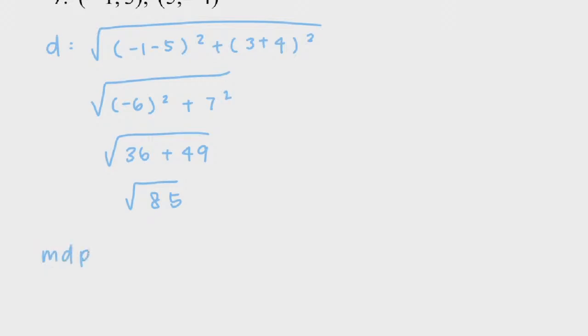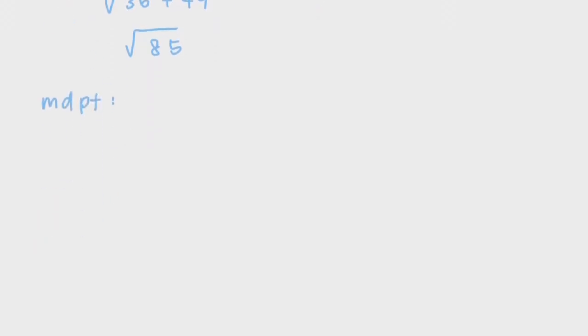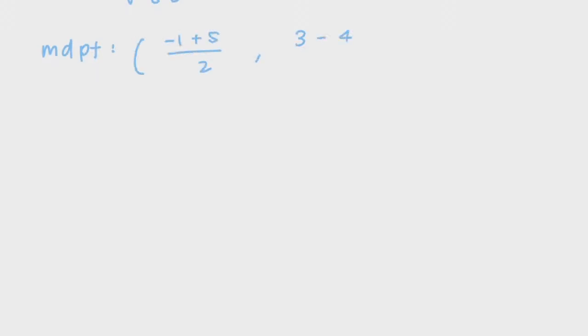Then for the midpoint, we're going to plug this into the midpoint formula, and we get negative 1 plus 5 over 2, and 3 minus 4 over 2. So negative 1 plus 5 is 4, so we have 4 over 2, and 3 minus 4 is negative 1. And we can simplify 4